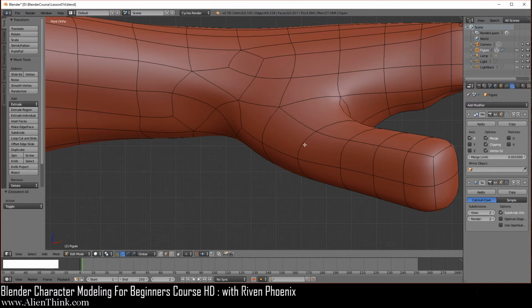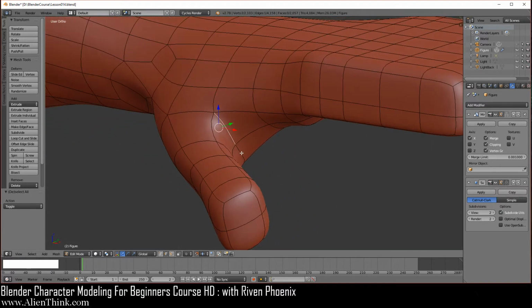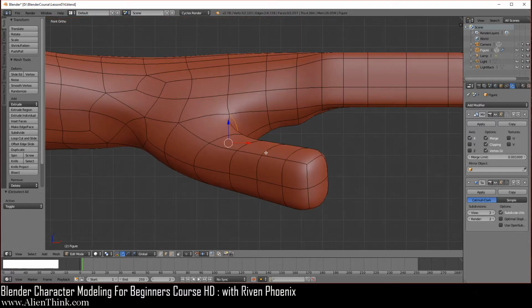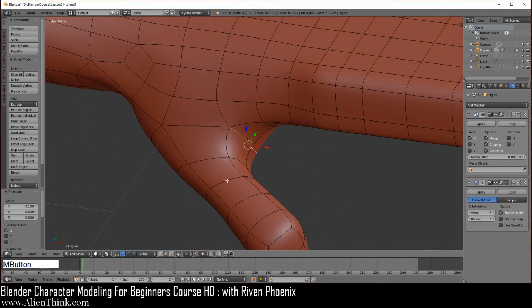Next thing we need to do is shift middle mouse button and come over here, and then click on this edge, and middle mouse button to rotate, and shift and click on this edge. And now go to your front view again. Now you have to zoom out to get the big grid units again, and you're going to click on this red arrow and take it to the right one time. Then just zoom in, middle mouse button to rotate, and you're going to click on this edge over here.